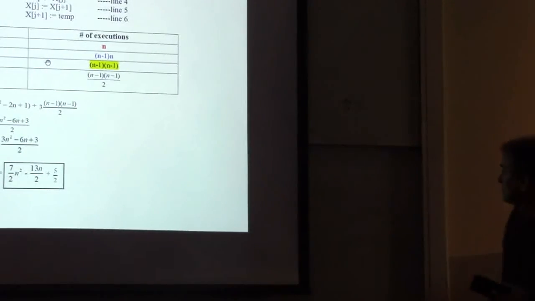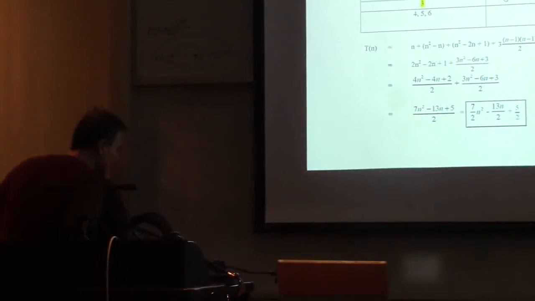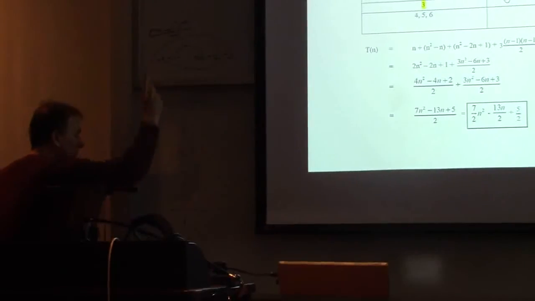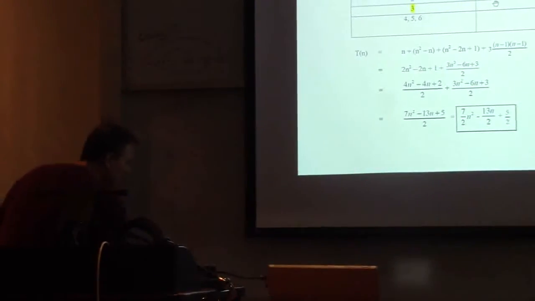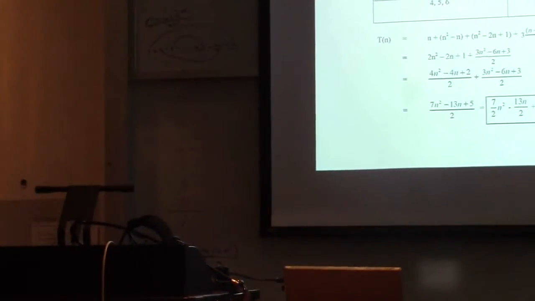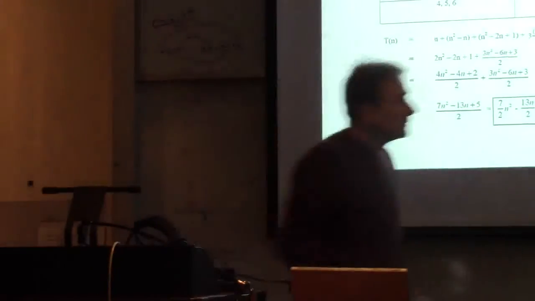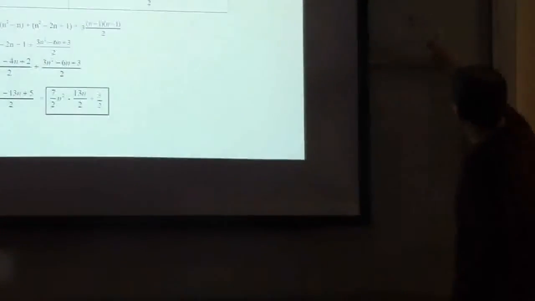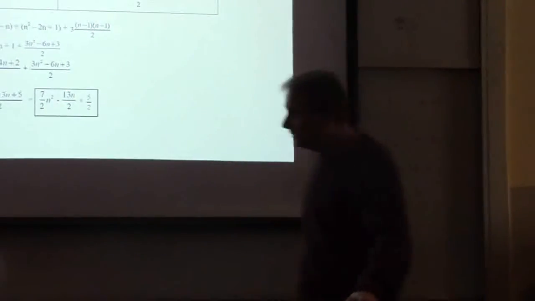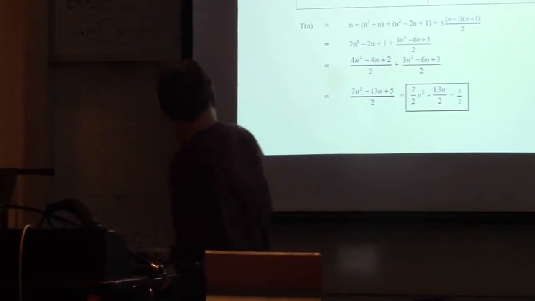But we already have determined that the summation as i goes from 1 to n of i, meaning 1 plus 2 plus 3 all the way to n, is equal to n times n plus 1 over 2, correct? Now that's not exactly what we want, because we want to exclude this one, but it's close. So this one, we want to add from 1 to n minus 1. If I want to add 1 to n minus 1, I can use the fact that I already have this solution,